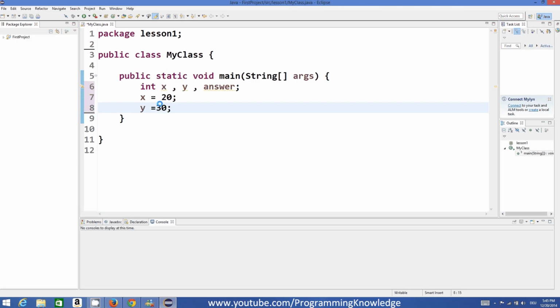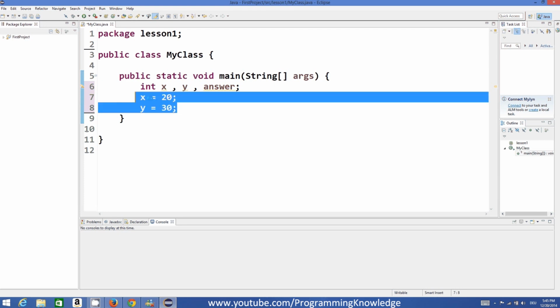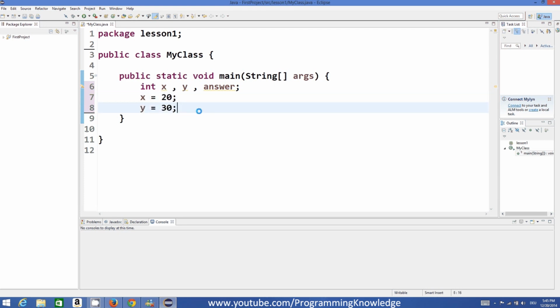And now I want to perform some operations on x and y depending upon what I want. So for example, I want to add these two values. I can add these two values and store the result in the third variable, which is also an integer, like this.